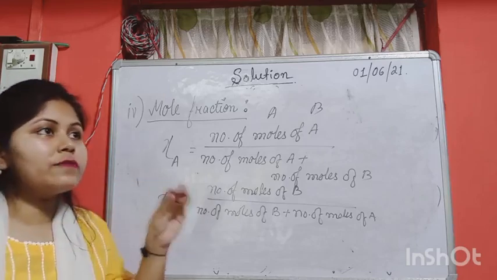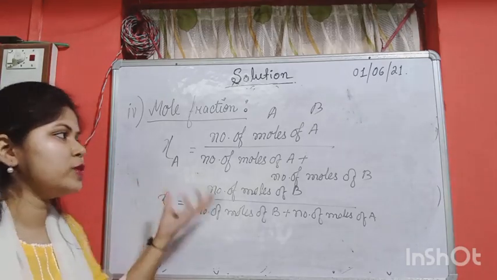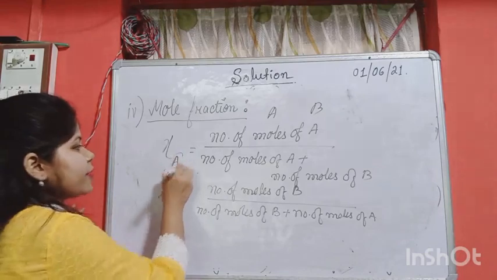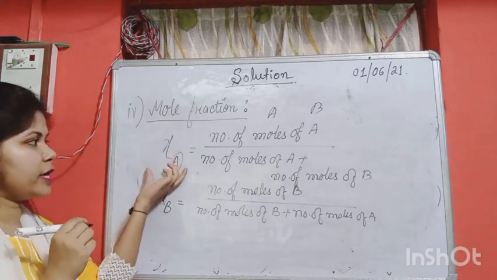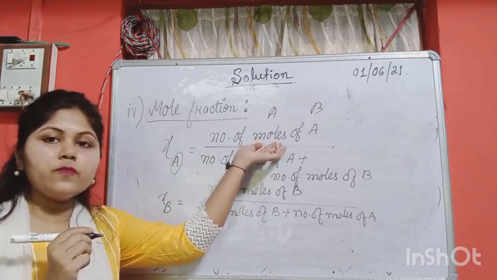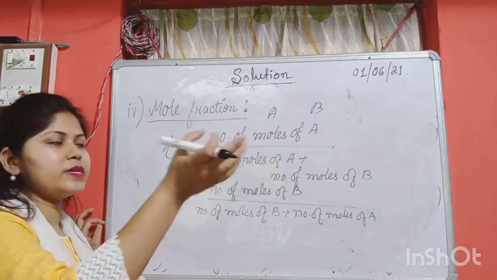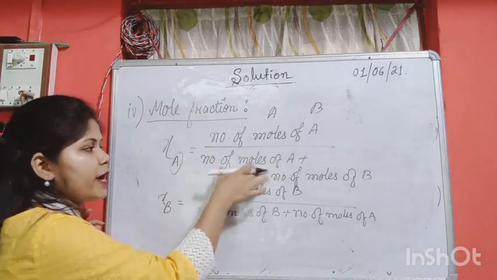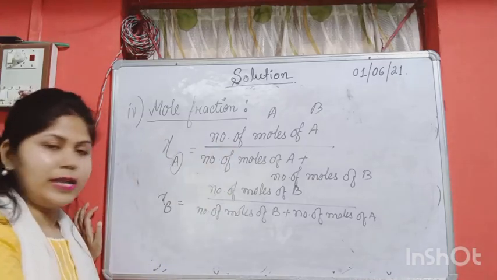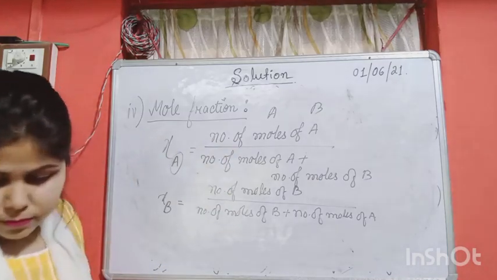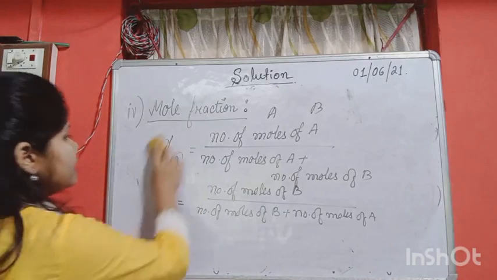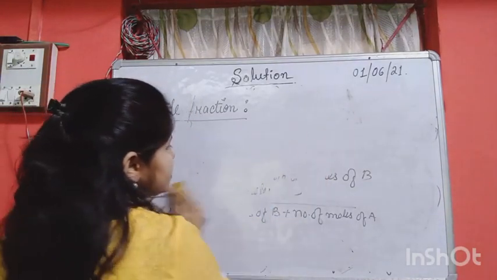Okay. So you have to see how many elements are present. If it is two elements, and you are finding out the mole fraction for element A, at that time you have to write the number of moles of A divided by total number of moles. That means according to how many elements are present, you have to add the number of moles of that number of elements. So next, let us take an example. I am considering an example.